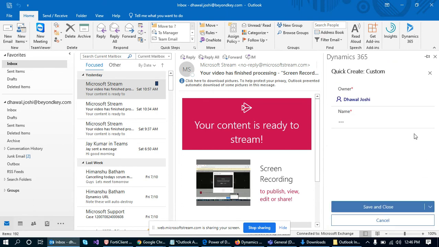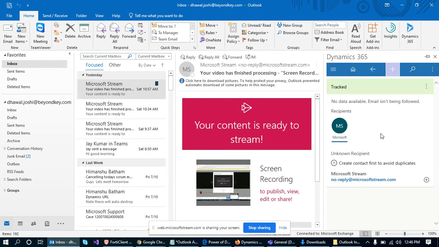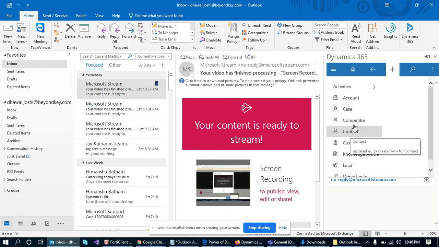If I click here, we can see the quick create form. As of now, I have just added one field on the quick create form for this custom entity. So this is how we can add and see the custom entities as well in the Outlook app for Dynamics CRM.